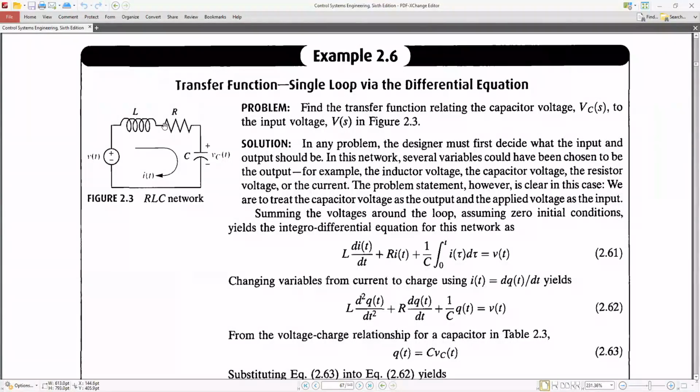The problem is to find the transfer function relating the capacitor voltage VC(s) to the input voltage V(s) in figure 2.3. So here, at first of all, you have